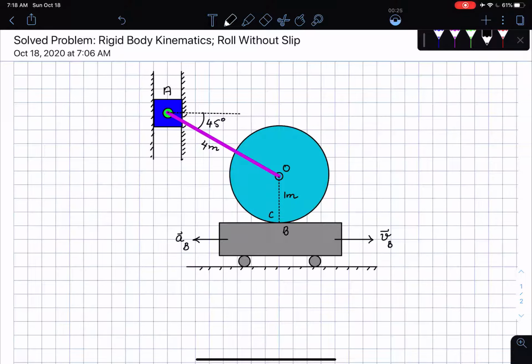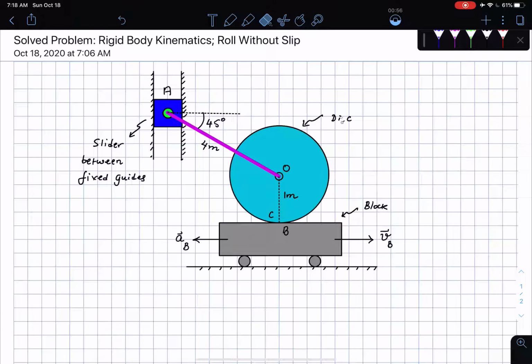So at A there is a slider. Okay, so this is a slider between guides. Okay, and then this is the disk, and lastly I have this block here, which I labeled as B. Okay, so this is a block. All right, what's going on in this problem is that this slider is performing vertical motion between these fixed guides